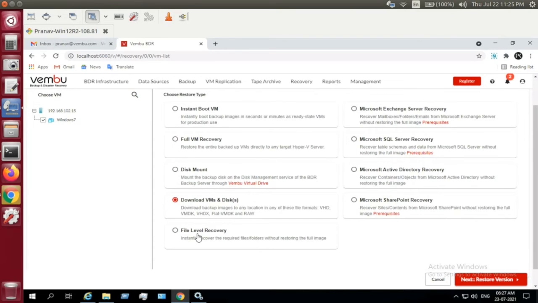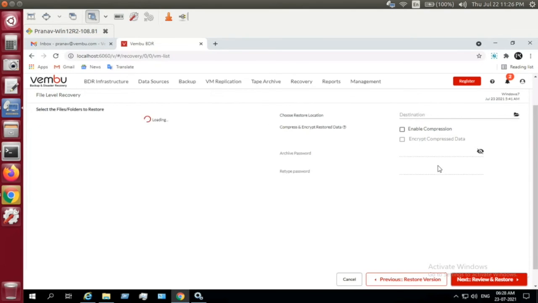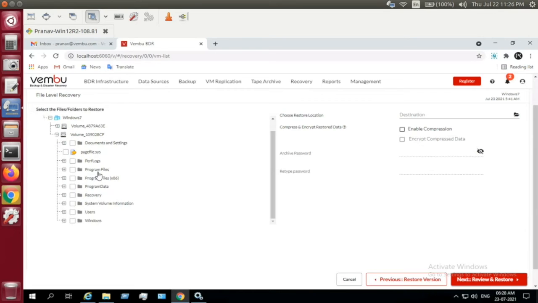It is similar to the file level recovery. For example, this is an image level backup. It's a complete image level backup. I have taken a backup of my complete VM. So I can restore one particular file or folder at times of disaster immediately. So for example, this is my 2 drives, and in this, I just need one particular data. For example, under program files, I just need one particular data. Either I can restore that at a folder level, or one particular folder or a file alone can be restored.